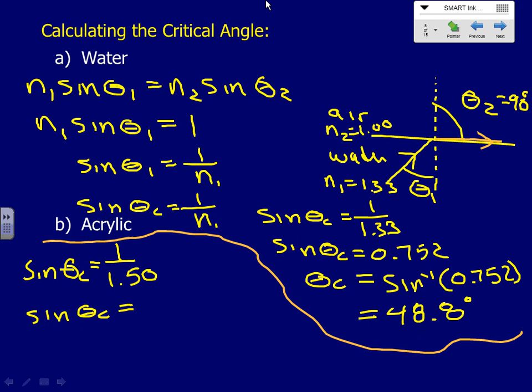If you're wondering about the next two, I think it's zircon and diamond, if you want to crash ahead. What do we got for a decimal? 0.667, and therefore theta c is the inverse sine of 0.667, and therefore the critical angle is